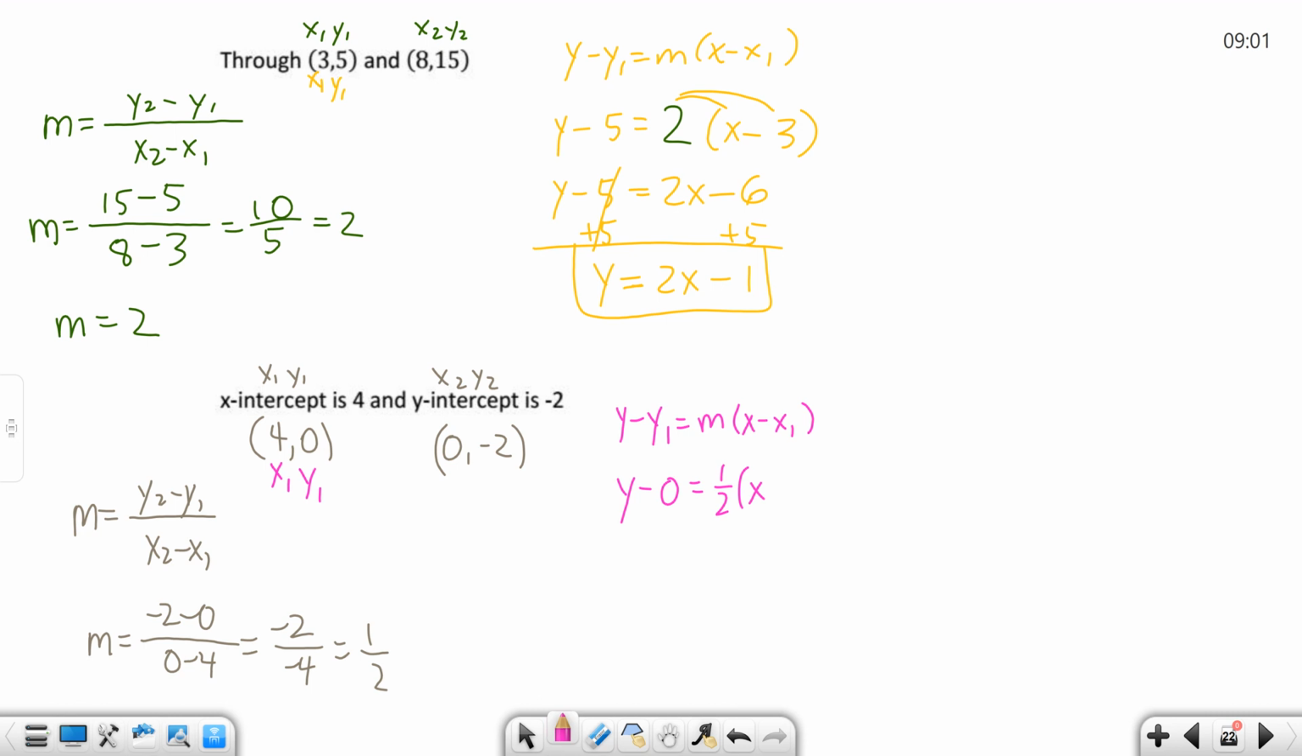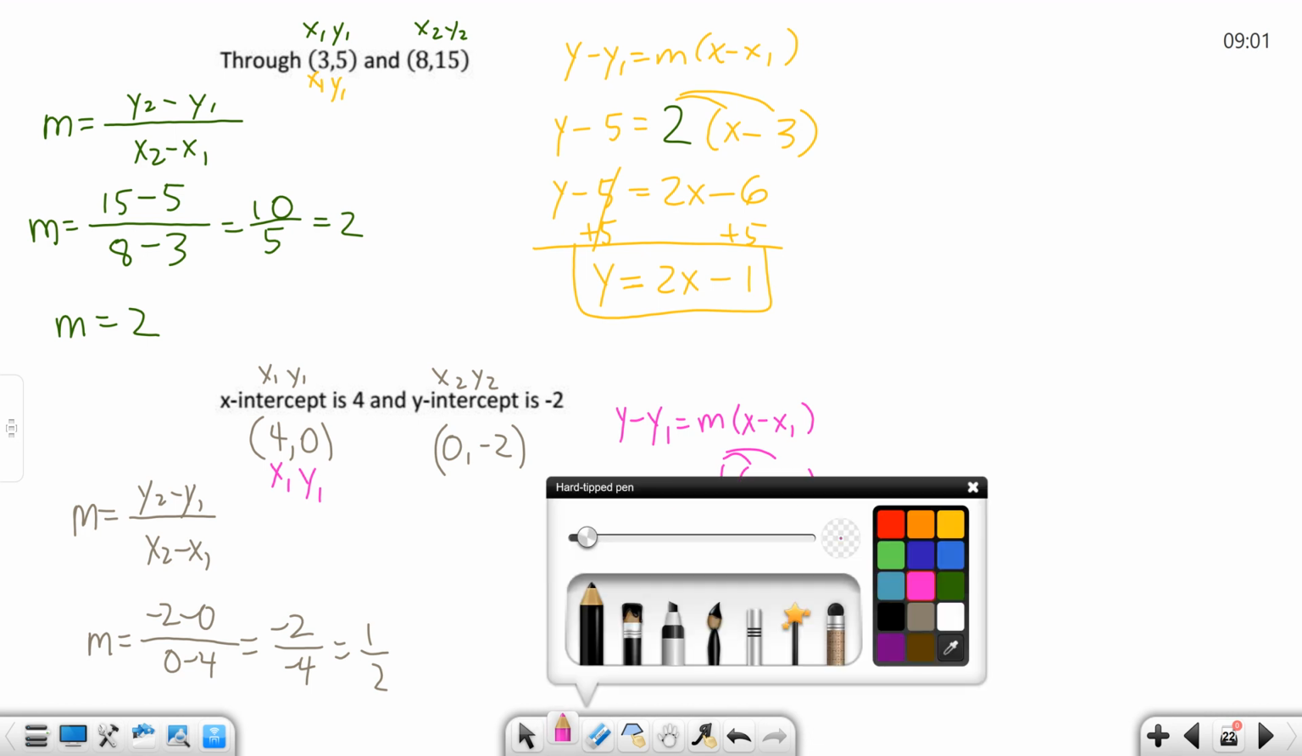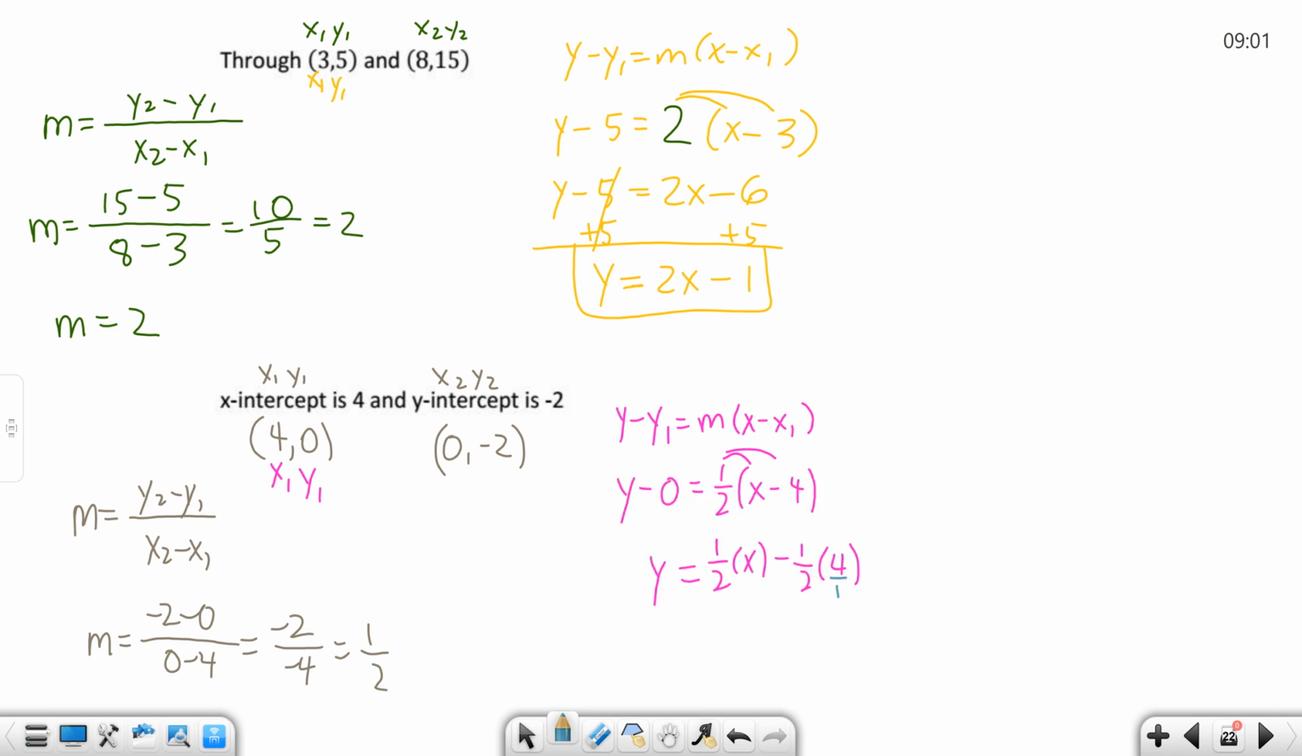X, and maybe I should have done that here just for the sake of doing this, x minus 4. Okay? So y minus 0, that's just y, equals distribute. So I'm going to have 1/2 times x minus 1/2 times 4. Right? So I'm going to remind myself, hey, guess what? This is over 1. So this is going to be y equals 1/2 x,